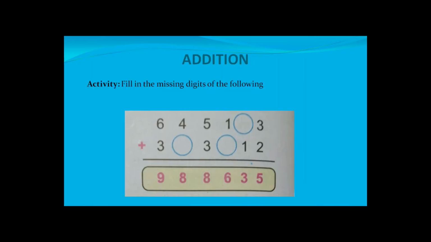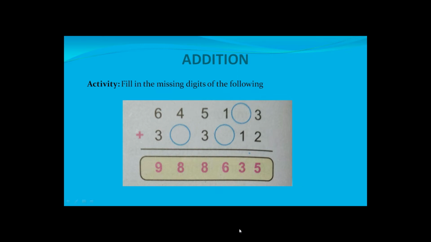Next, addition. Addition is quite an easy thing. You are doing addition from class 2 or 1 maybe. So this is very easy. You do addition in your daily life. When your mother gave you some pocket money and your father gave you some more money, then you add them. You know addition. You add your pencils, you add your money, you add your toys, you can add anything.